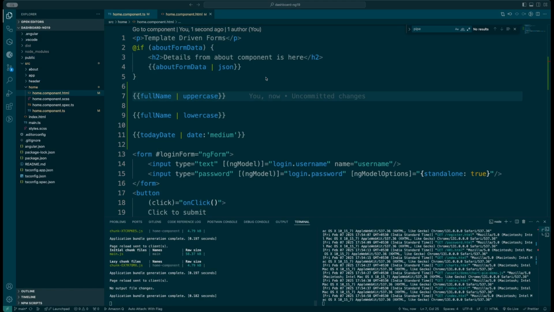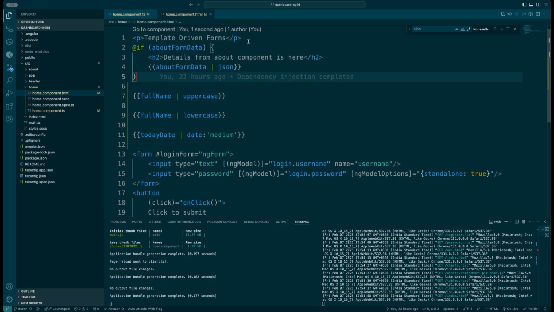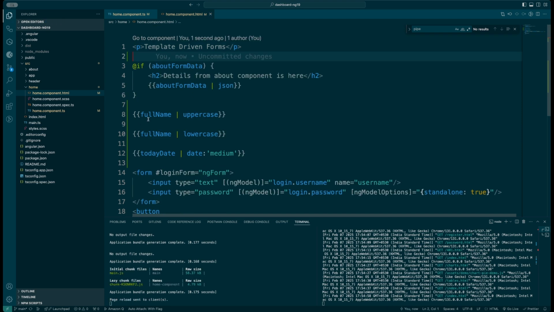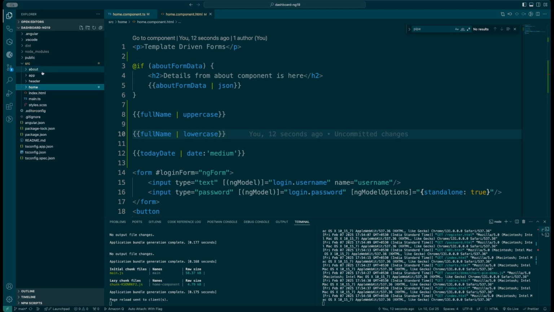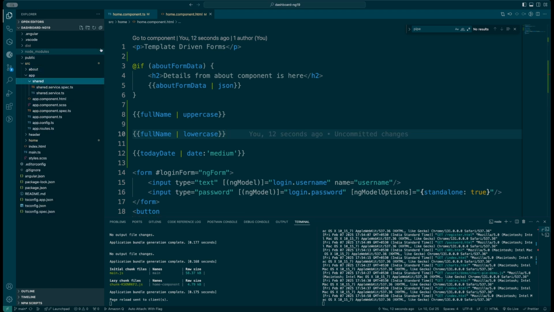Now it's time for us to write a custom pipe ourselves, right? So in order to write a custom pipe, I'm going to be creating a file. Inside that file I'm going to be making it a pipe, right? So in order to do this, I'll take you here, and inside the shared folder I'm going to be making another folder with the name pipe, and inside the pipe I'm going to be creating this, and let's say